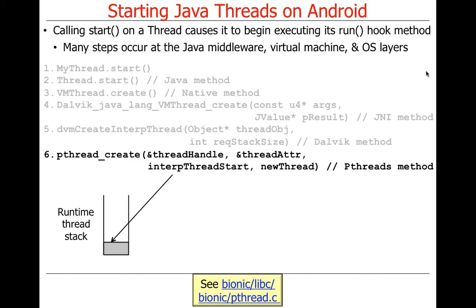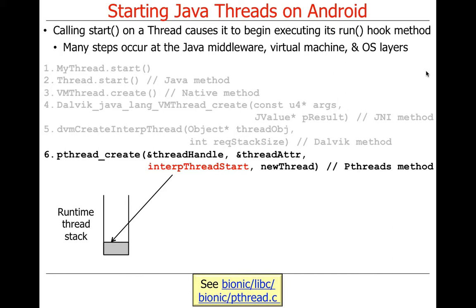So if you're a C programmer, that would be where your world would be most obvious. And what happens when you call pthread create is that actually calls down into the operating system. We're not going to look into the kernel level stuff here, but when you call pthread create, the operating system kernel creates a runtime thread stack with those resources we talked about, right? Registers, instruction pointer, various kinds of memory, thread-specific storage, et cetera, et cetera. And it also passes in